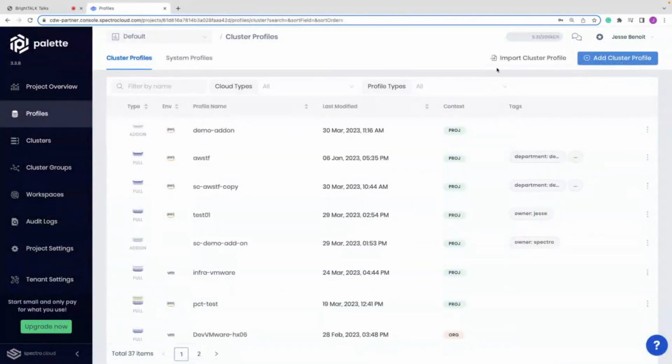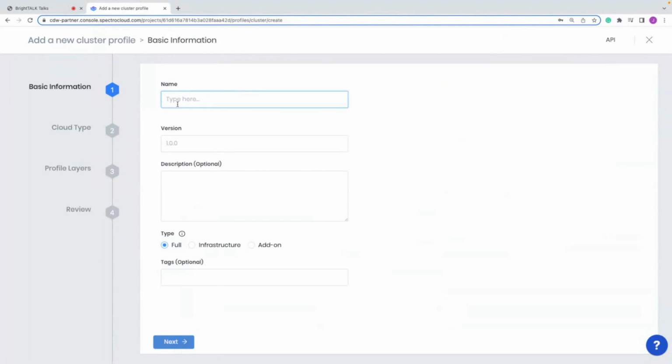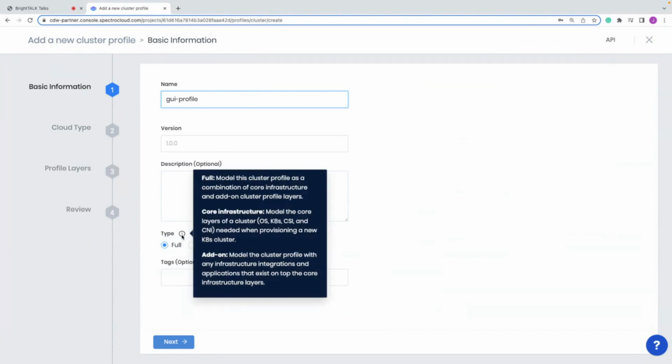So first, Kyle created the cluster profile, but let me just create a new one here. Do a GUI walkthrough of a profile. Now, this infrastructure here, you can create 3 different profiles. Full would be where you combine the applications and the core infrastructure. The core infrastructure is in order to deploy Spectro Cloud Palette Kubernetes clusters, you need right now 4 key components. You need to pick your operating system, your Kubernetes distribution, and a CNI and your CSI. So we'll do that here. And then depending upon how you're deploying applications, you can use add-on packs inside the Spectro Cloud Palette to deploy those applications or whatever solutions are currently in your toolchain.